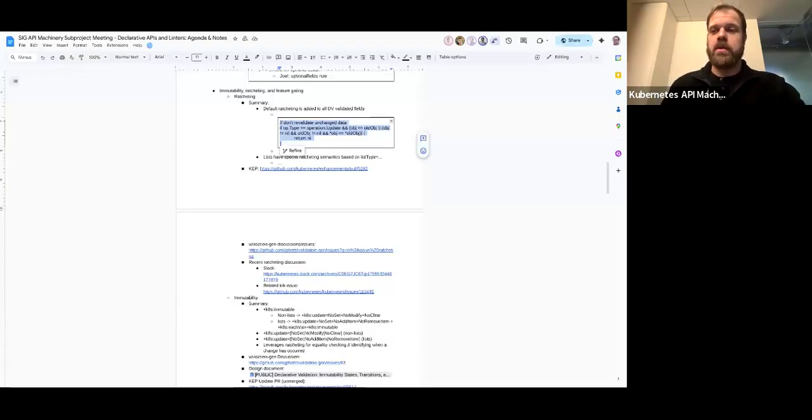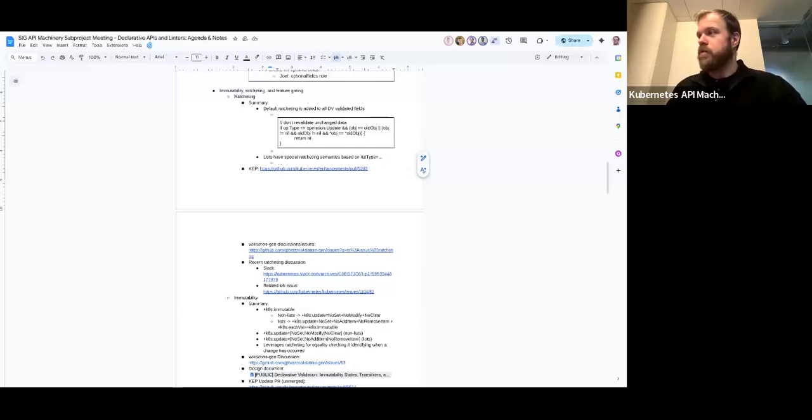So this is a default ratcheting that's baked across everything, which differs from the handwritten validation today. That is manually implemented in some places today. It's also of note that list semantics matter. If a list type is atomic, or map, the different list types also have different ratcheting semantics.